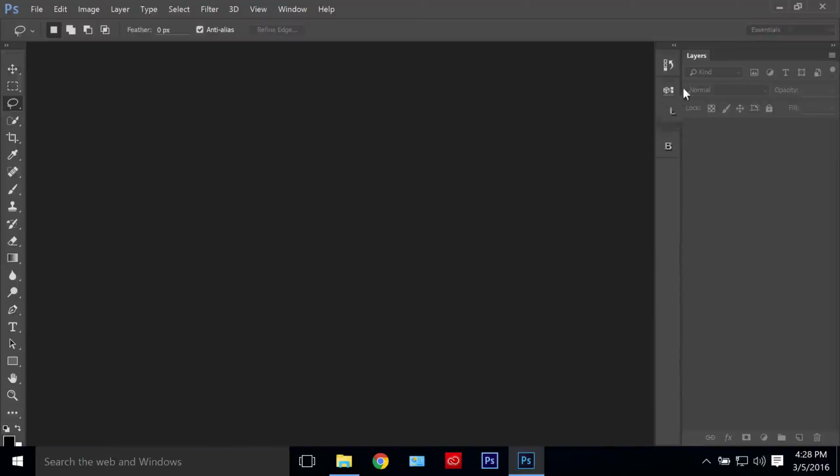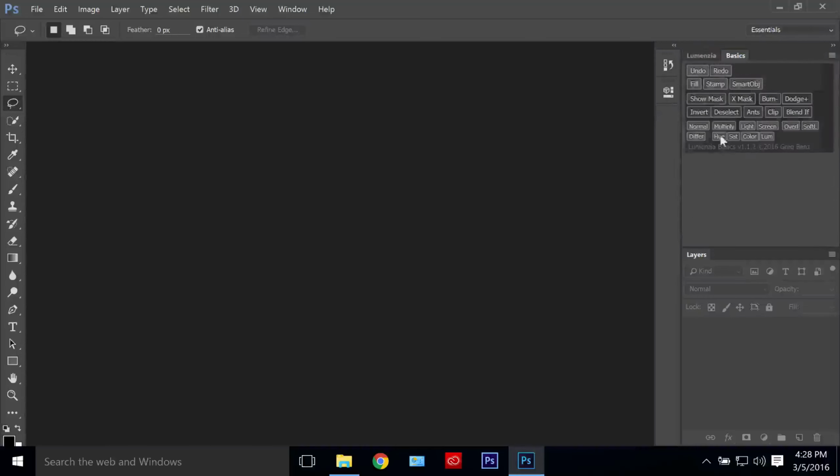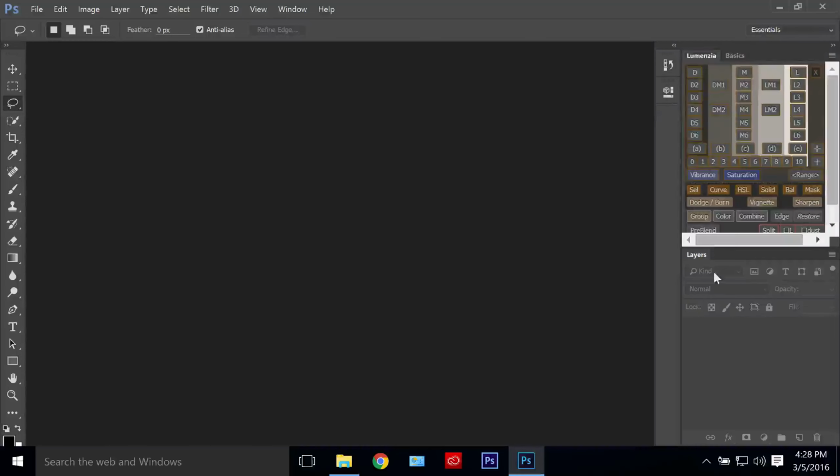If you click, hold, and drag up, you'll see these little blue markers. It's telling you where it's going to drop. So I'm going to move it right above here, this thin line, let go, and I put Lumenzia above my layers palette. Do the same thing with Basics, and now I've got both panels docked here